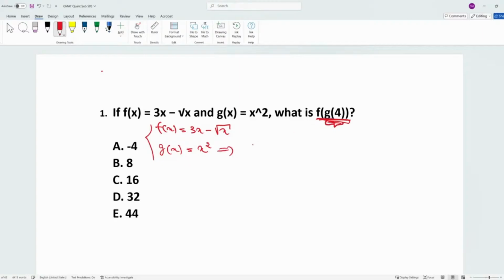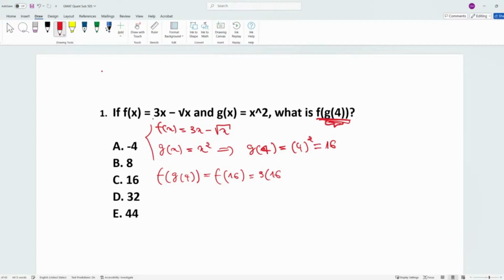So here we can say g of 4, like this, is now going to be equal to 4 to the power 2, which is equal to 16. And all we are going to do is to change g of 4 here by 16. So f of g of 4 is simply going to be equal to f of 16, like this, and which is going to give us